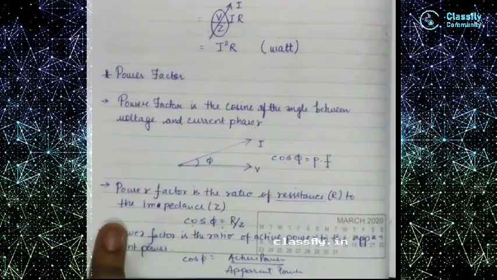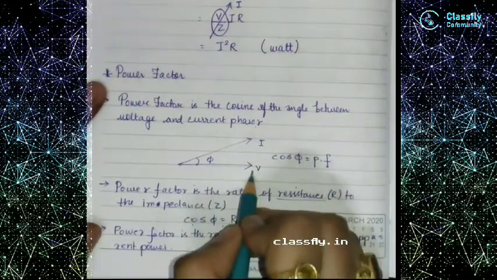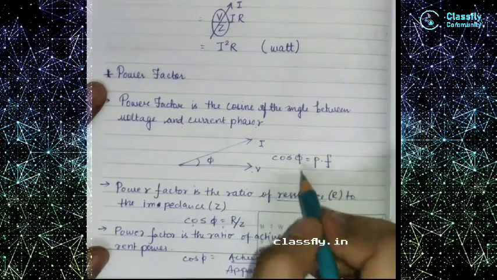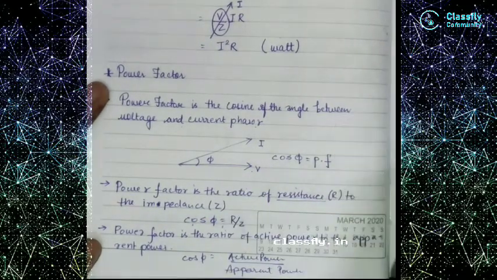So first definition is that it is the cosine of the angle between the current and the voltage. Second, it is also the ratio of the resistance and the impedance. Third, it is the ratio of the active and the apparent power. Okay, now see, for